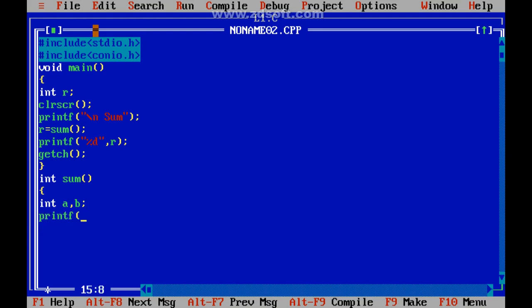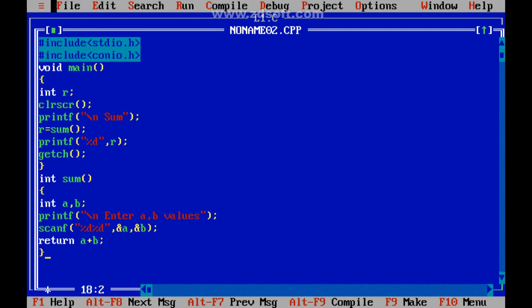So printf enter a comma b values. So I have to read the values, right? So scanf %d comma address of a comma address of b. So I got the two things, but I have to return it back because my master is asking. So return a plus b. So this is the work I have to do.